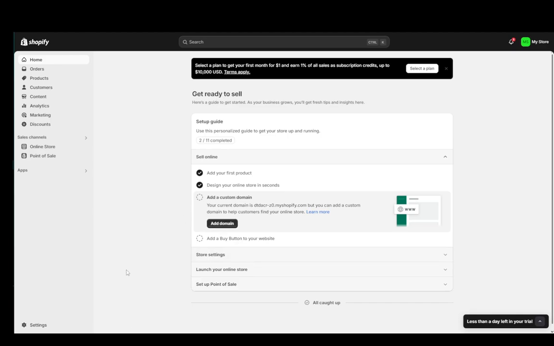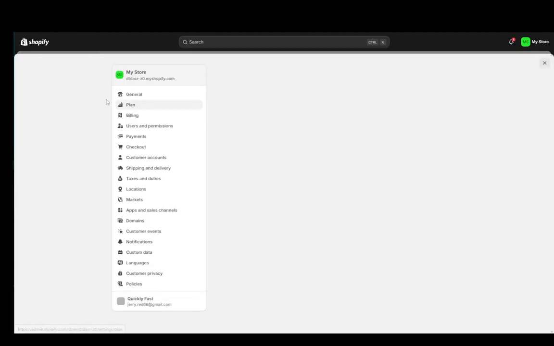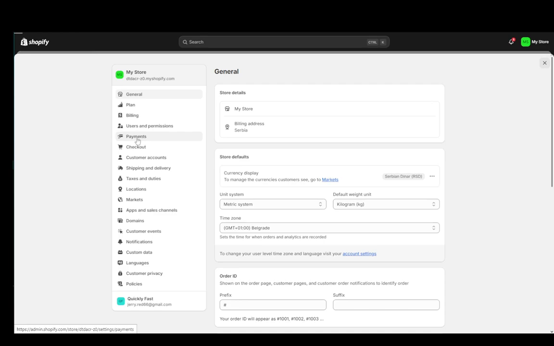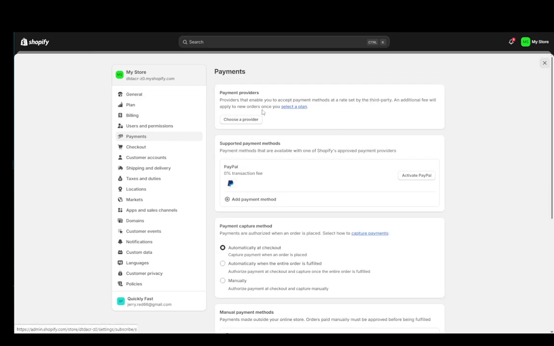Now, what you're going to want to do first is deactivate any payment gateways that you have. For this, just go into payments and make sure that whichever gateway you have is deactivated by just clicking on it and clicking deactivate. Now, as you can see, I don't have any payment providers activated, so I don't have to do this step. But what I'm going to do is choose a provider, and you'll see a